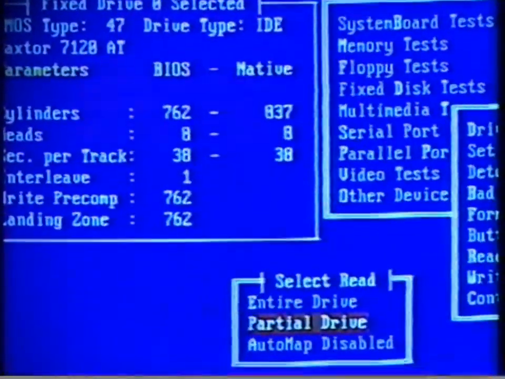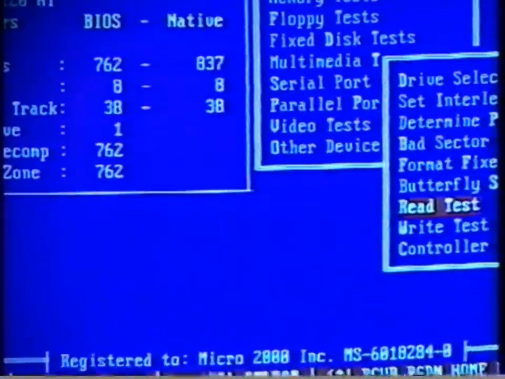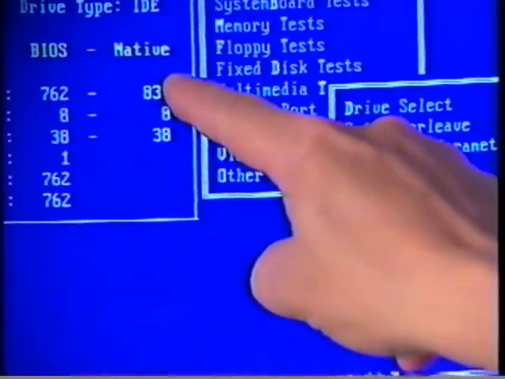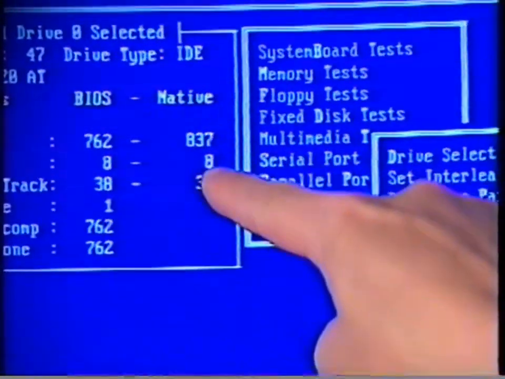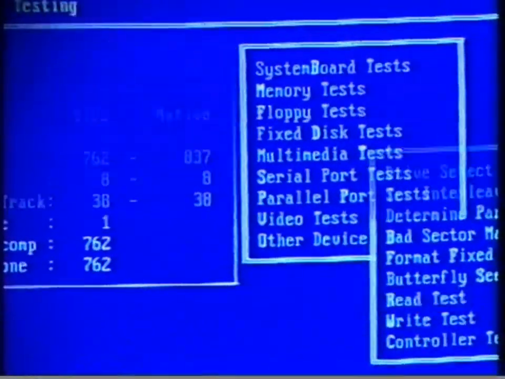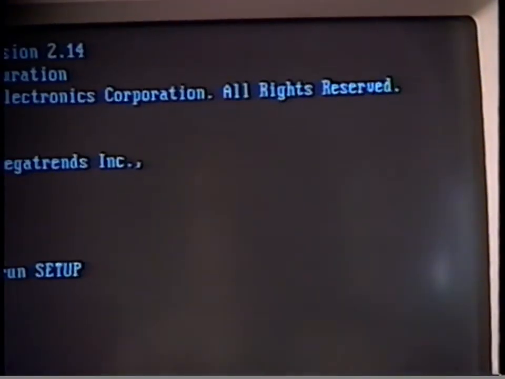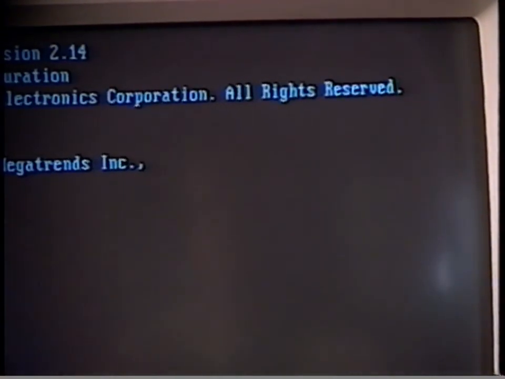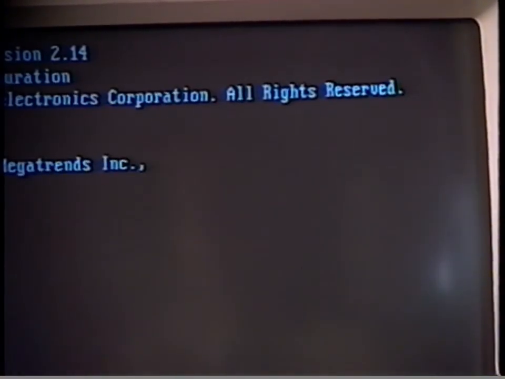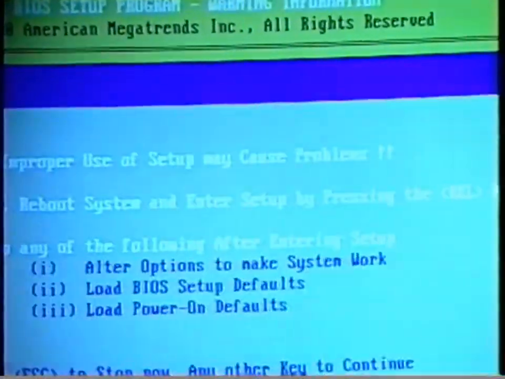We hit escape. The next thing to do to this drive is we need to reconfigure the CMOS to set the CMOS to these parameters, 837, 8, and 38. So we're going to hit escape and get out of the program to where we get to reboot. And then when we get the delete message on the screen, we'll press delete and go into our CMOS,